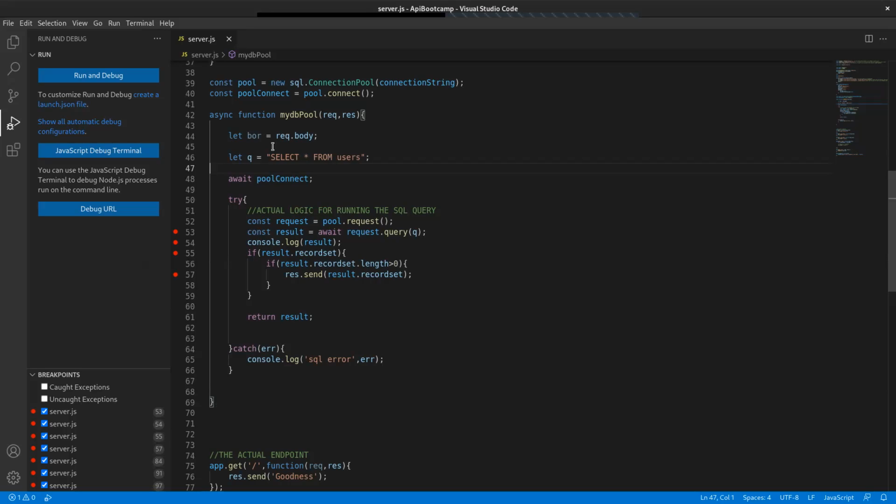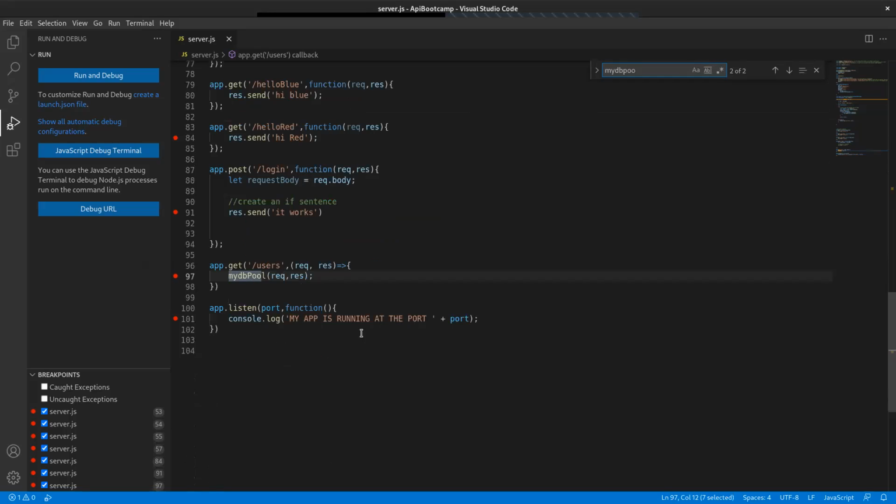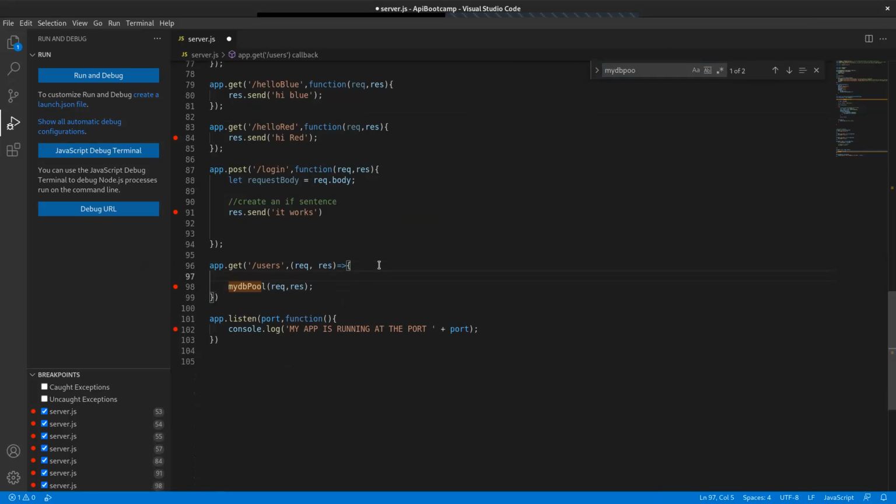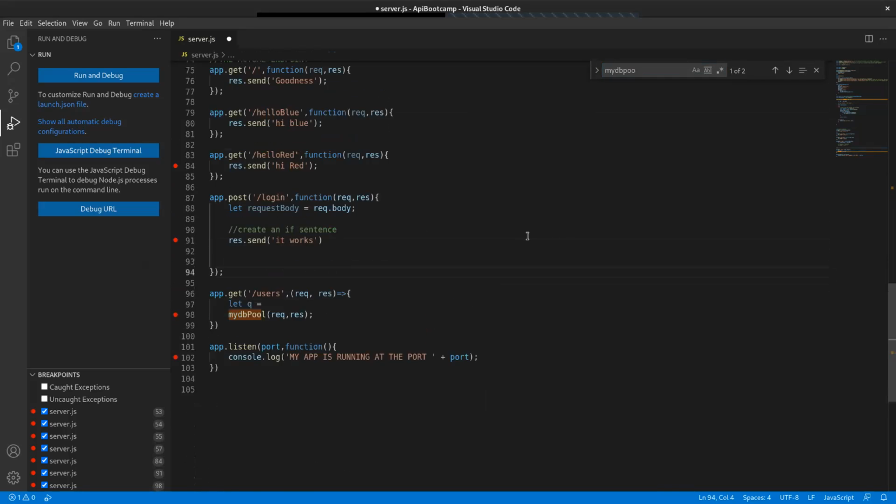Yeah. Good. Okay, so let's go to where I am calling it, where I'm calling my DB pool in get users. So what I'm going to do now is in here in users, I'm going to be saying let